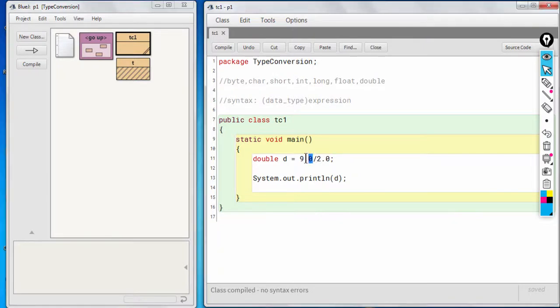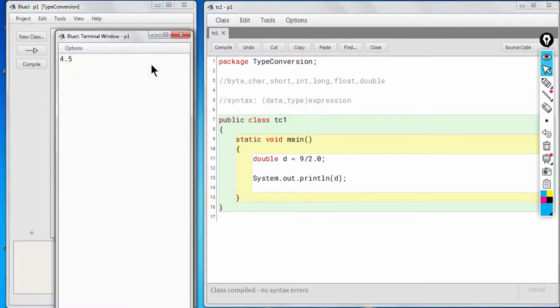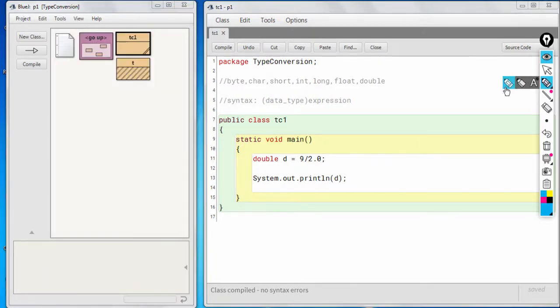And even if you just turn one of the operands into double, okay, still it will work correctly. So as you can see, the output is 4.5 again. One operand is an integer and the other one is a double, okay. So the largest data type is double, okay. We are talking about the operands here, that is 9 and 2.0. 9 is an integer, 2.0 is a double.